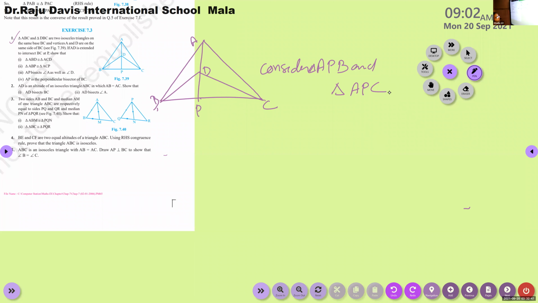Give one by one the reasons for its congruence. AP is common. Very good. AP equal to AP, common to both. Good. Then